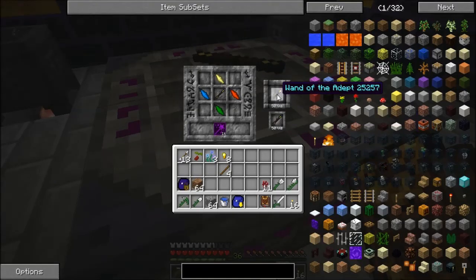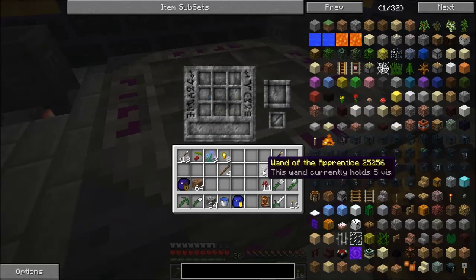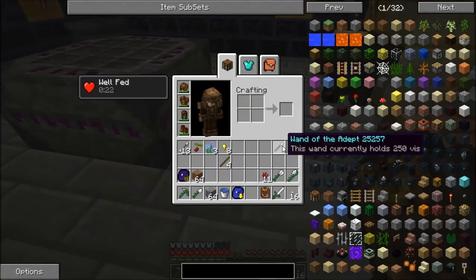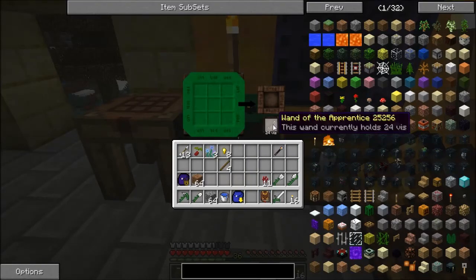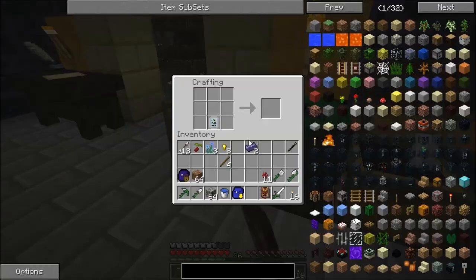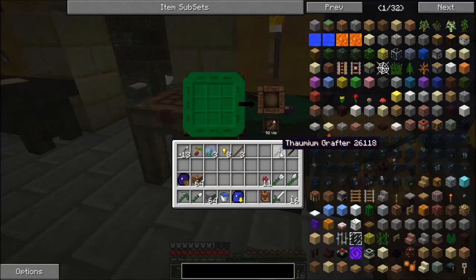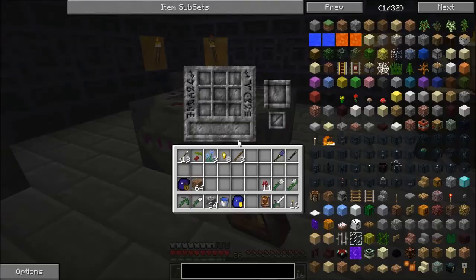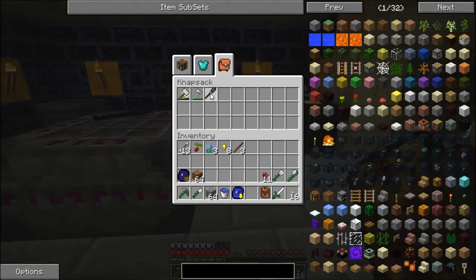So let's go ahead and pull out the wand of the adept. And I'll just leave this guy here for now. And now we have 250 Vs. So actually I need to do that, and grab this. To put these here, and finally the Thaumium grafter. Outstanding. I'll just put that there. Alright. So now that I've got these guys